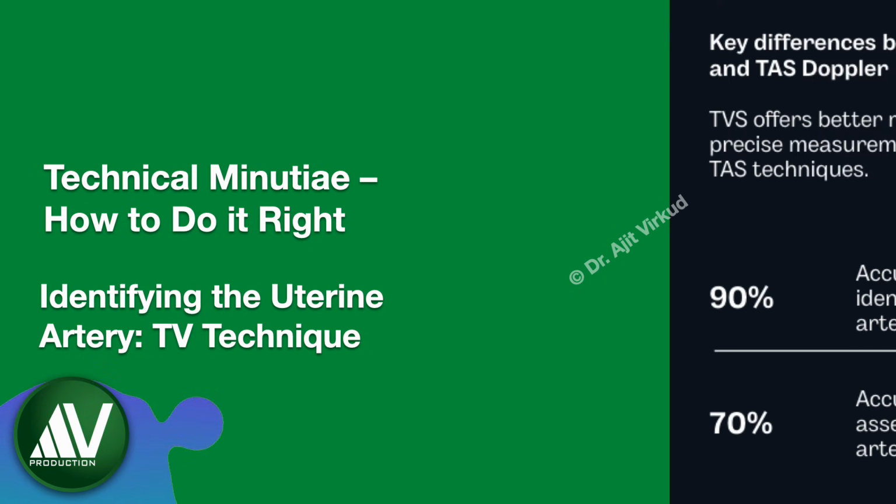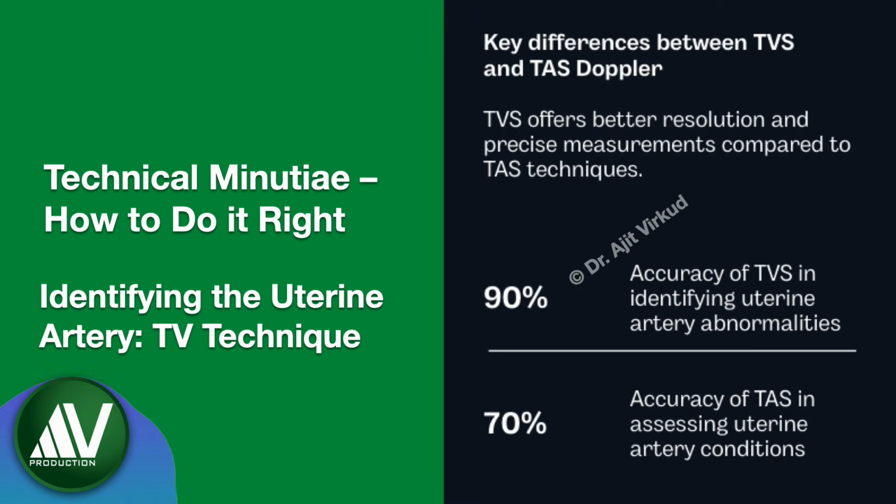Transvaginal uterine artery Doppler is performed by identifying the uterine artery at the level of the internal cervical os using color Doppler, sampling both sides with a small gate, low wall filter and an angle of insonation less than 30 degrees. The transvaginal route offers superior spatial resolution, shorter insonation distance, and more accurate angle alignment. It is ideal for early pregnancy Doppler study, that is between 11 to 13 weeks, first trimester preeclampsia screening, obese